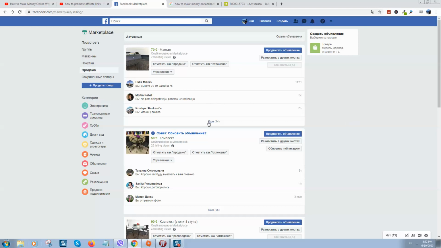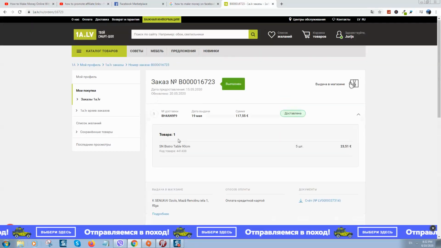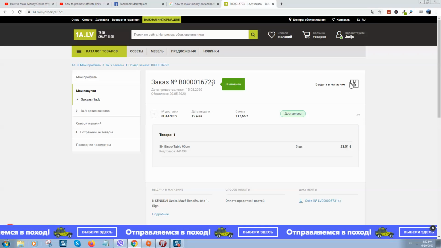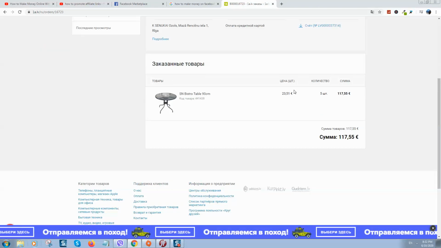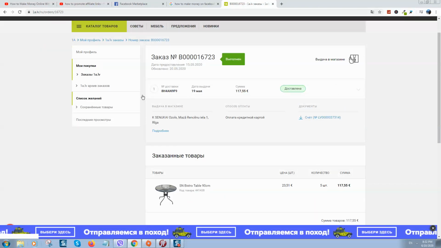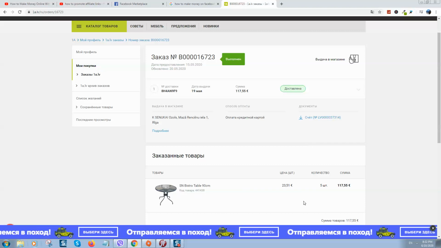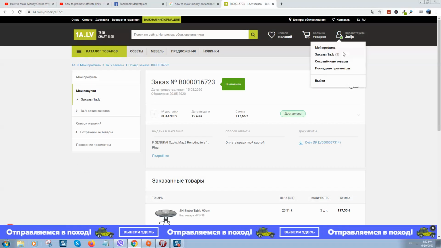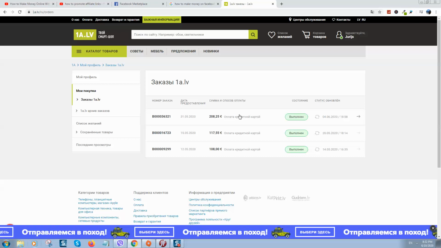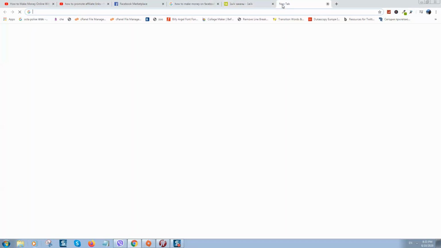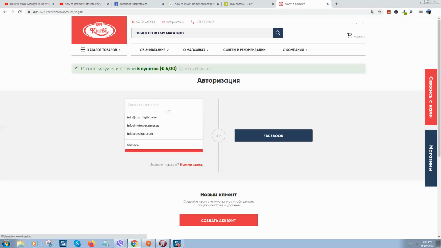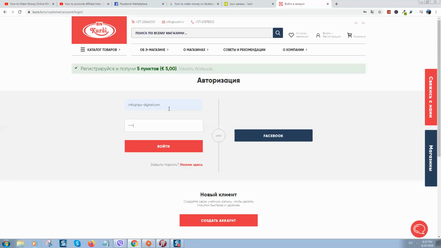So you do not need to buy and hold this stuff somewhere in your room. I'm doing this only because I'm 100% sure that these tables will be sold in just 2-3 days. Here is an example of how I made some orders. As well, I'm ordering from different online shops. Let me show you another one. I'm sure in your country